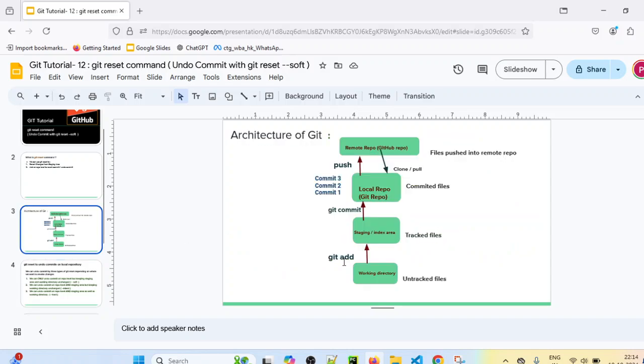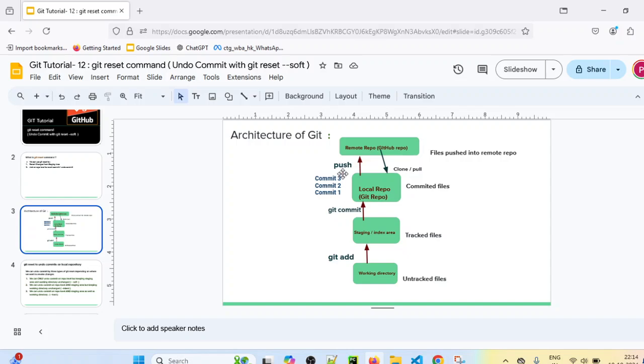For example, in mixed mode, let's say you have done some commit and you want to undo it. It will undo that commit, and along with that it will also unstage those changes from the staging area.